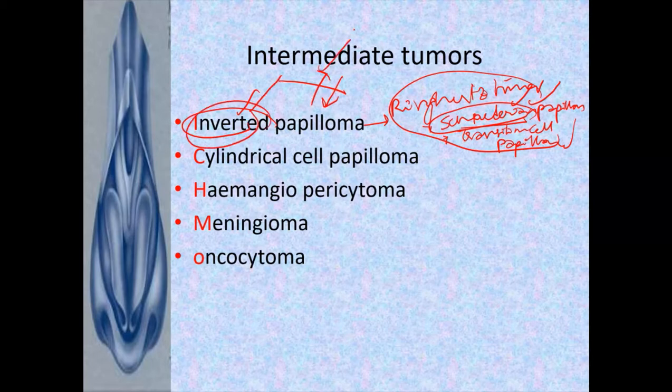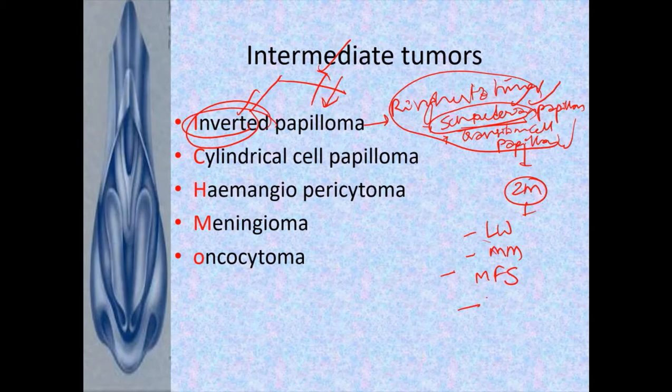As you could see, more common is the lateral nasal wall. So it is very important for a 2 marks question or 4 marks question. The lateral wall is more common, and it can also be in the middle meatus. Sometimes it grows in the maxillary, frontal and sphenoid sinus also.